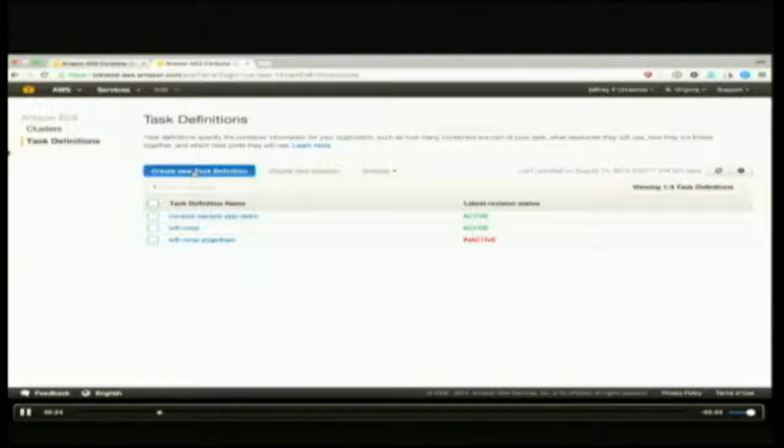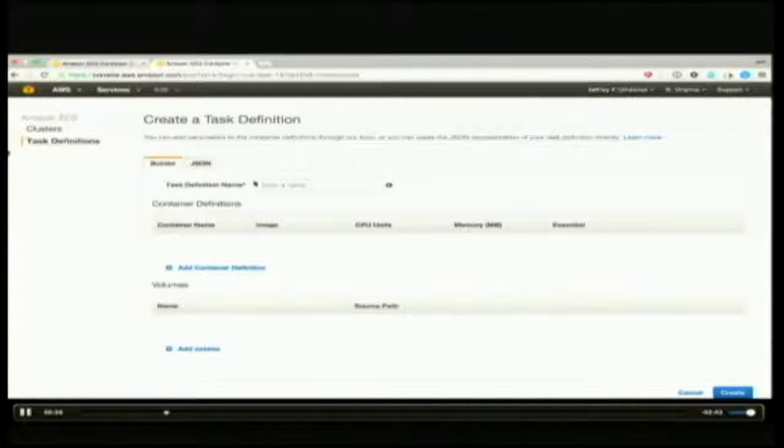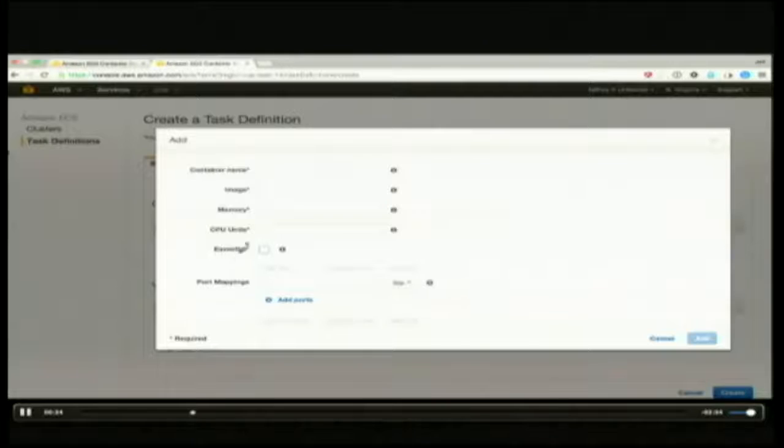And a service could be something like a web app, a actual database, or something else. In this case, we're just going to have one task, and that's going to be the container that we just created. And we're going to call it the Work From Home Ninja PyGotham. And this is where the magic happens right here for this given task. I'm going to give this container name the fact that it's Work From Home Ninja PyGotham. And for the image, you'll see that I'm using the exact from the Docker Hub, the name Jeff Uthaichai/Work From